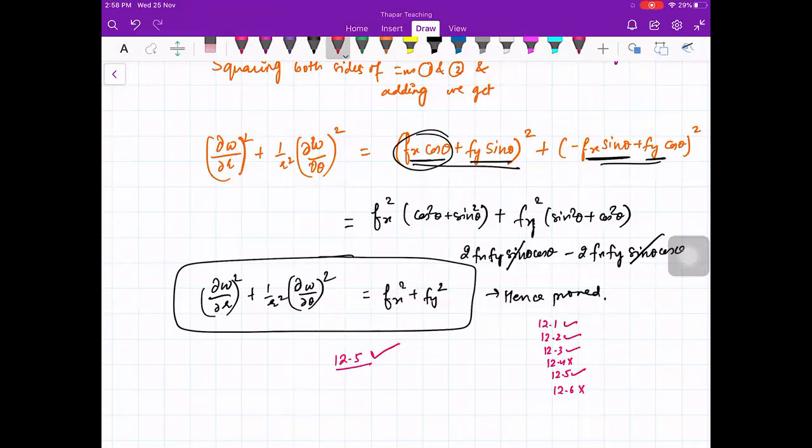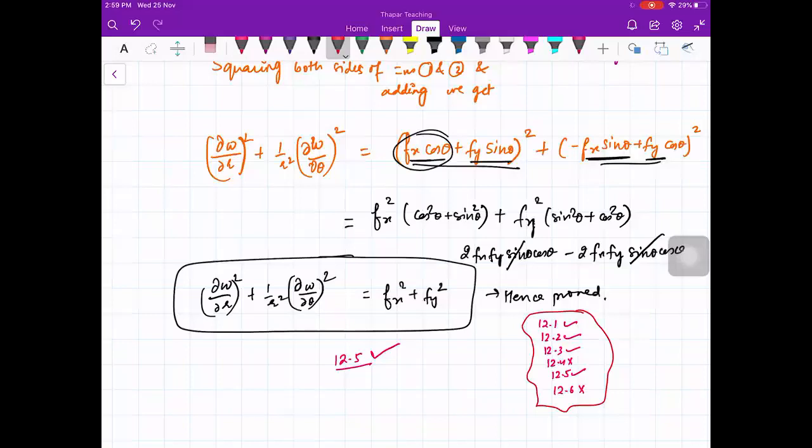12.1 is in our syllabus, no? Yeah, but not everything, some part of it, right? Just the introduction. Ma'am, please tell us which questions of 12.1 we are doing, and put them in the WhatsApp group, ma'am, please. Okay, but okay, I'll do that. It's pending work from my side. I'll do that. Okay. Thank you ma'am. Yes.